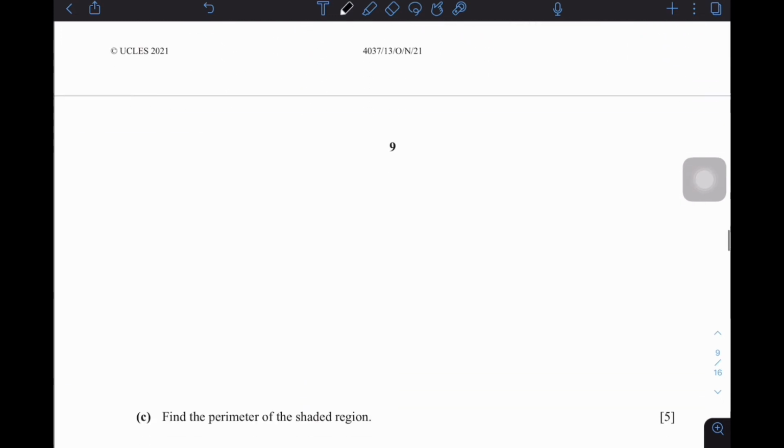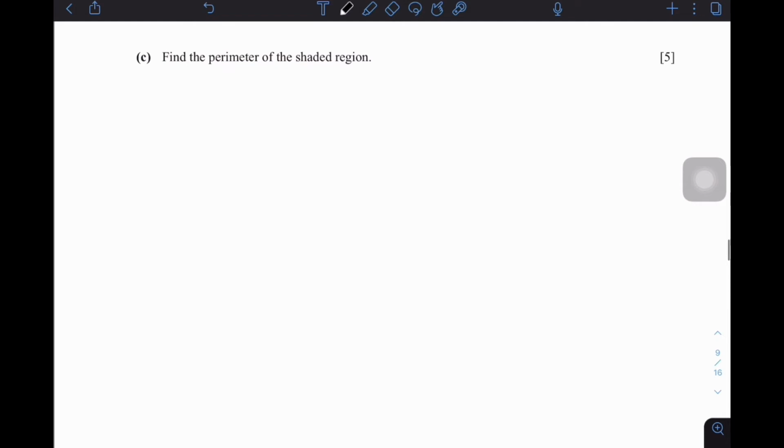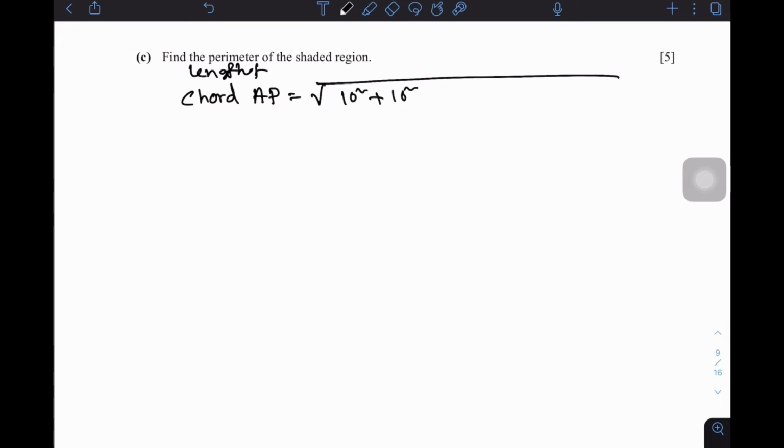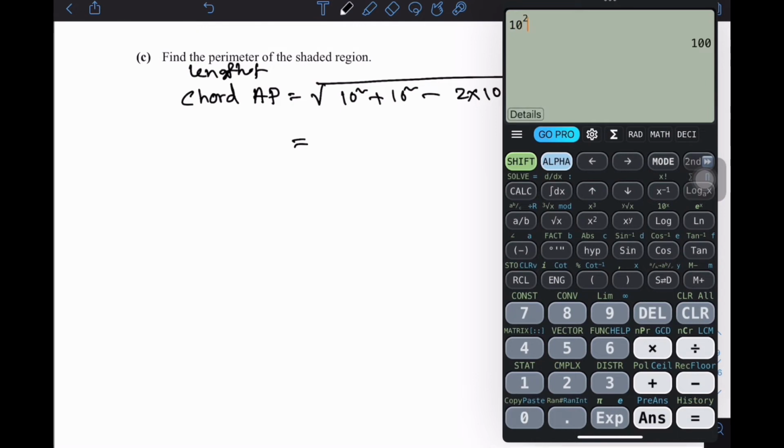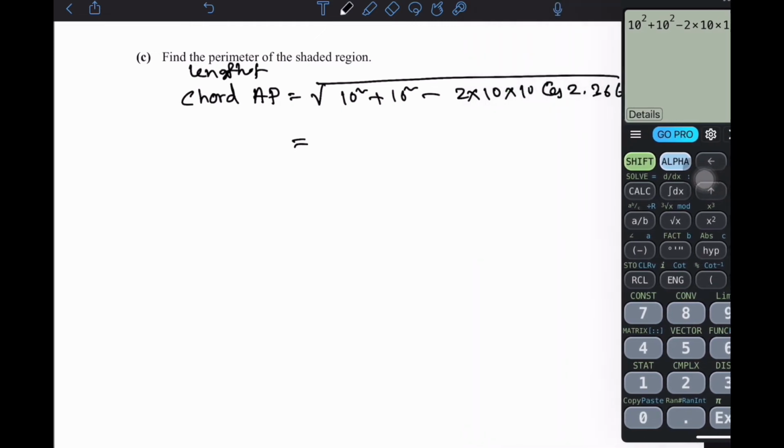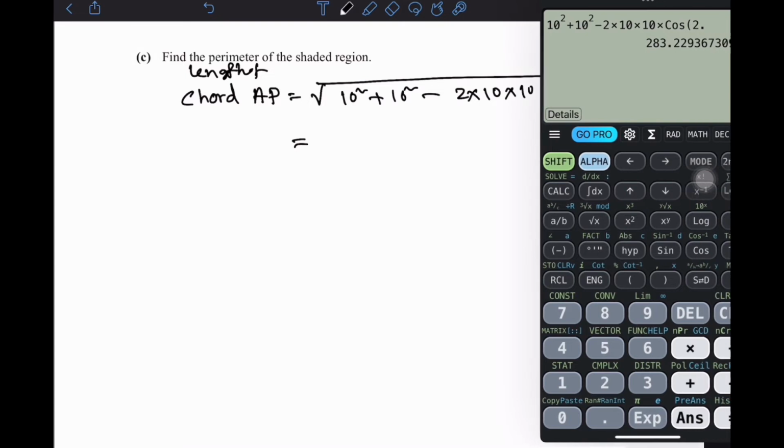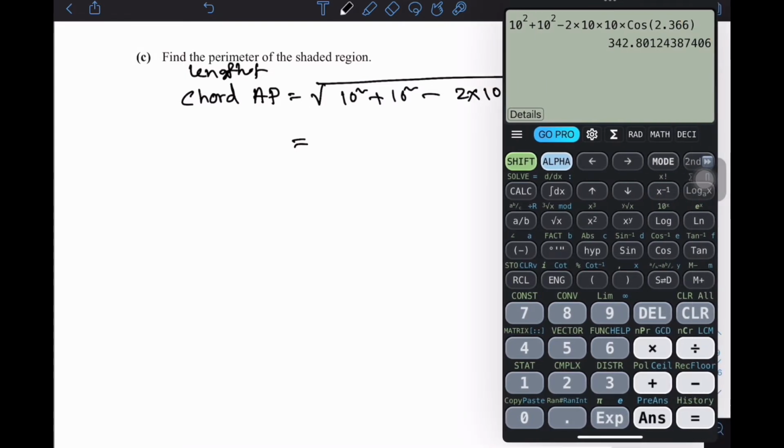Let me find the chord AP first. The length of chord AP equals root over 10 squared plus 10 squared minus 2 times 10 into 10 cos 2.366, close bracket, then root over. The answer will be